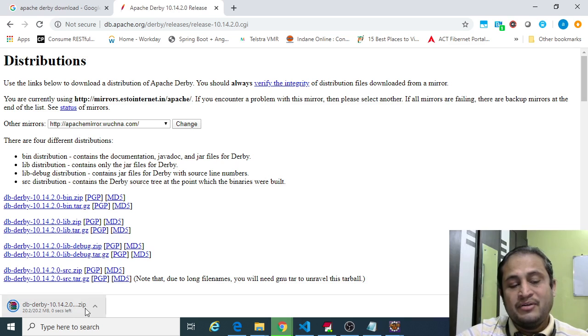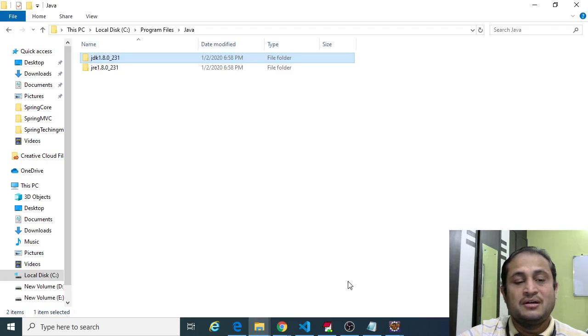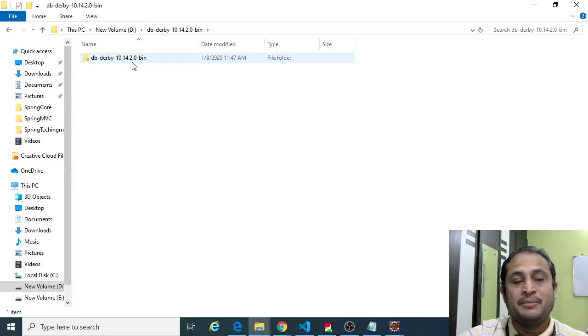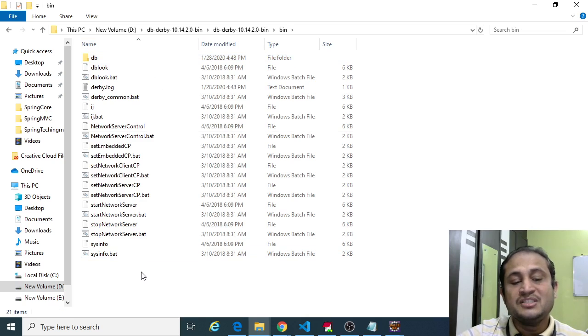After downloading, you just need to extract it, and the extracted folder will look like this. It has a db derby folder with a bin folder, and in the bin folder you have some batch files present in Derby.